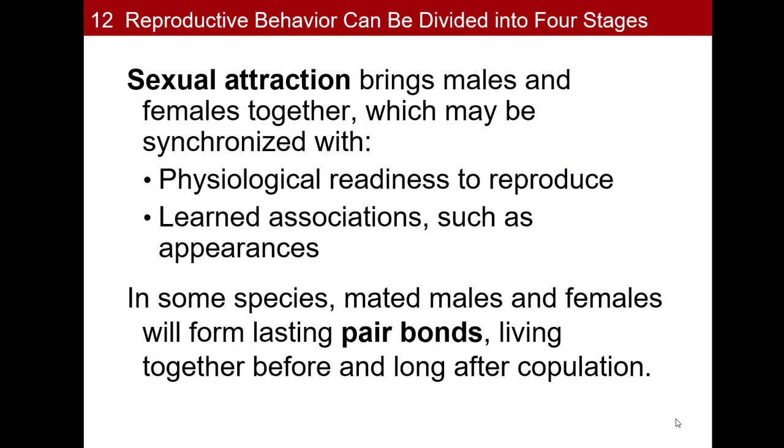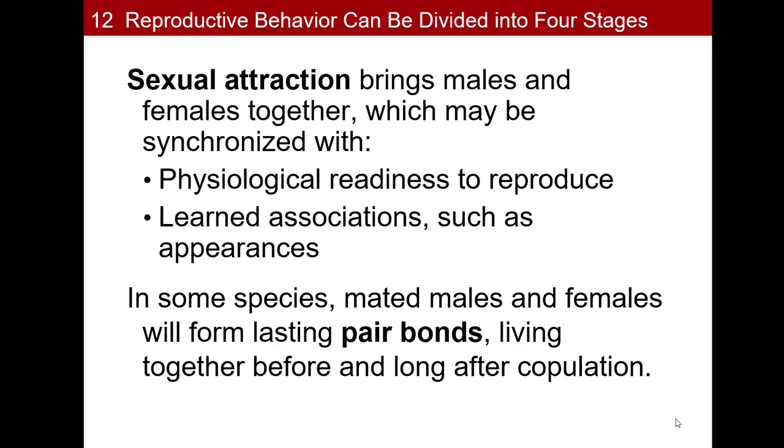Now, one thing to mention here is that your textbook is looking specifically at reproductive behavior. So here it's talking about sexual activity between heterosexual individuals, because it's looking at the reproductive behaviors. Certainly that's not the only situation in which sexual behavior occurs, but that's the one that your textbook zeroes in on at this point. So when we're talking about the different stages here, we start off with sexual attraction.